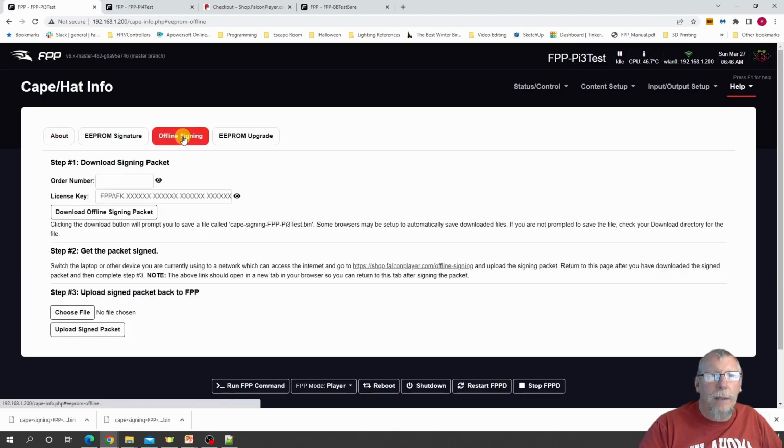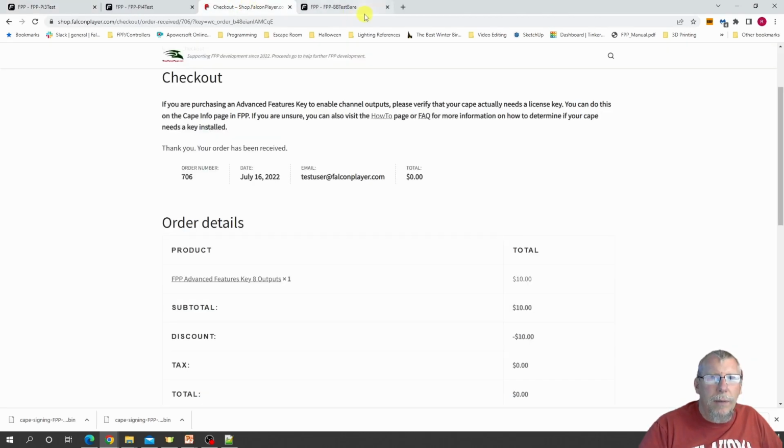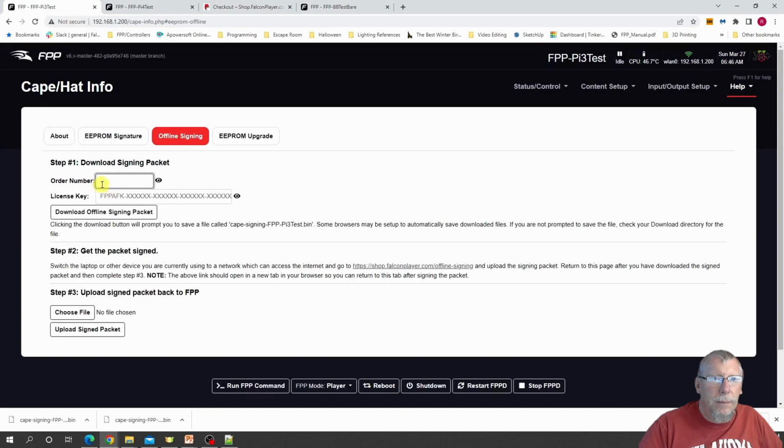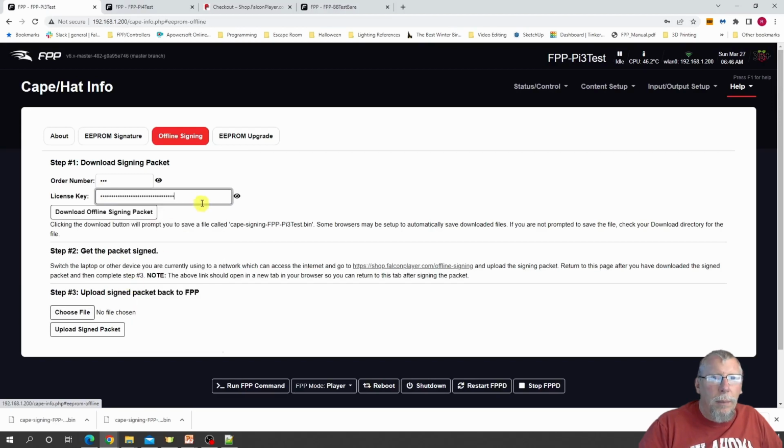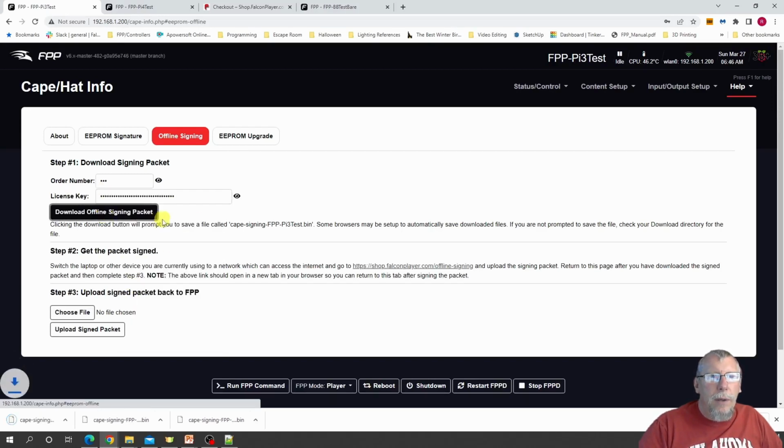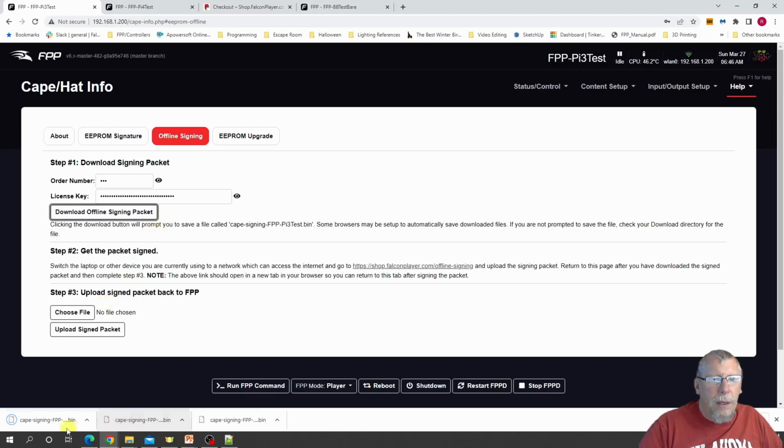So you go to the offline signing, put in your order number, which was 706, and paste your license key. Then you're going to download an offline signing packet. This is going to give you a packet that you need for signing.